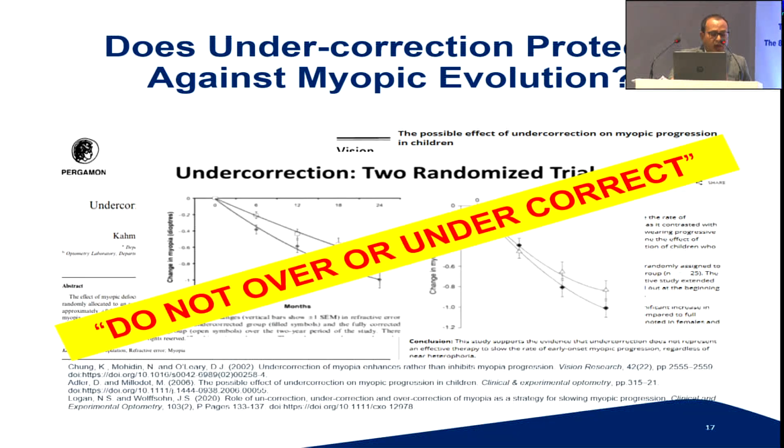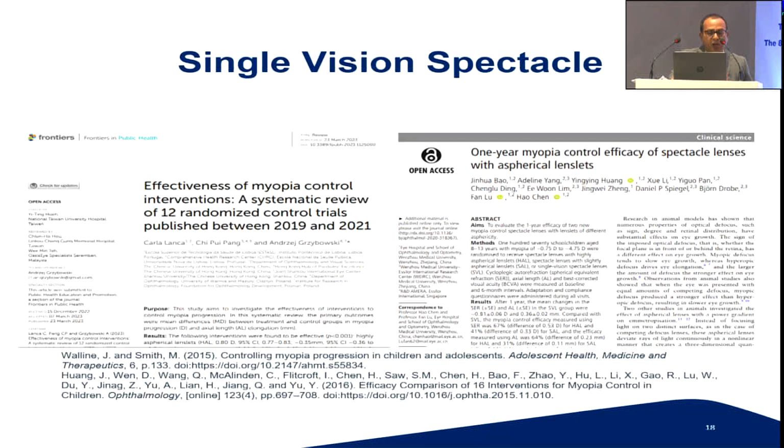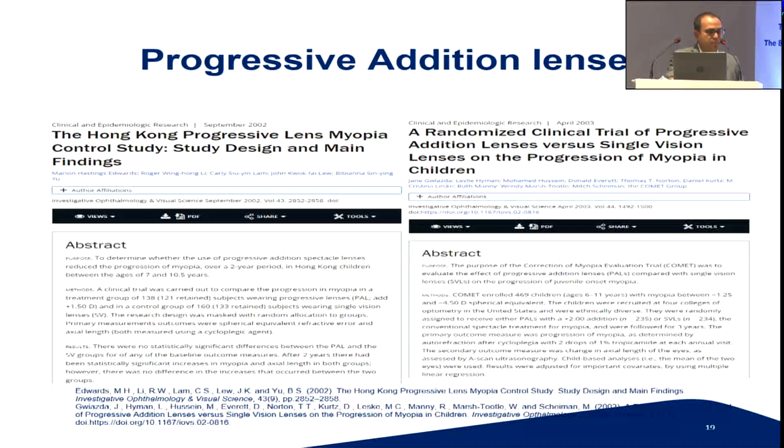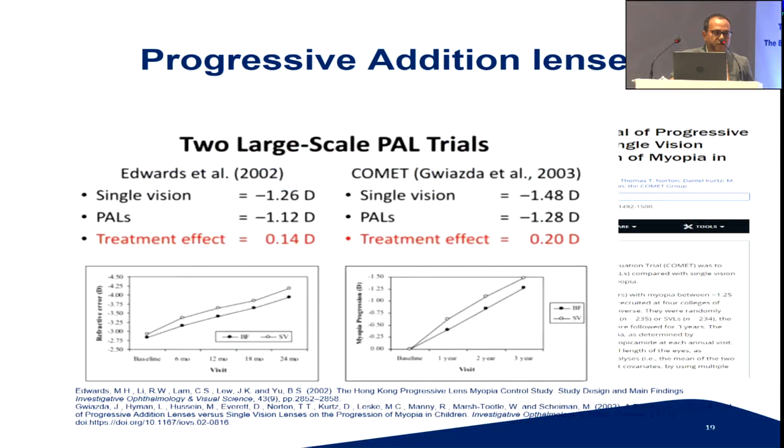So we should not under-correct or over-correct for the myopics. Coming to single vision lenses, they provide no significant efficacy for myopia control and are often used as the control in myopia control studies. Two landmark studies have been done on progressive addition lenses, one from Hong Kong and another, the COMET study, from the USA. One was a 2-year and the other a 3-year study, and both have shown that the impact is very low, about 1/4